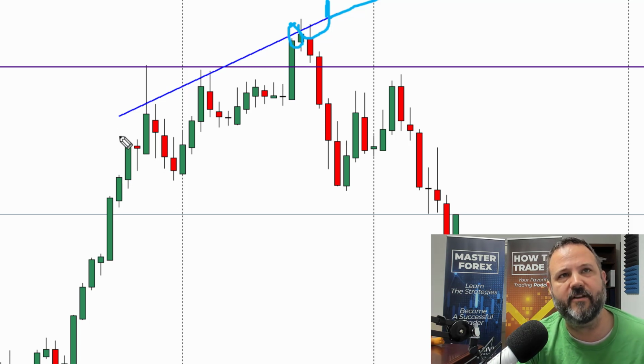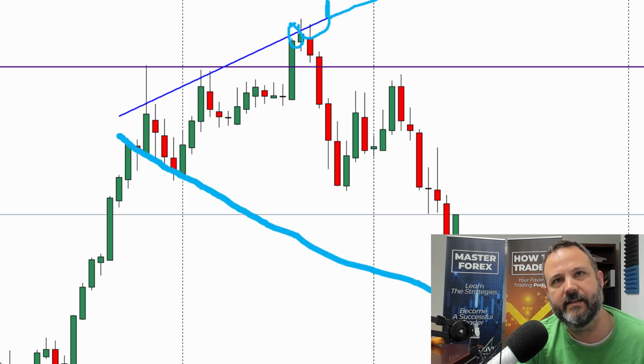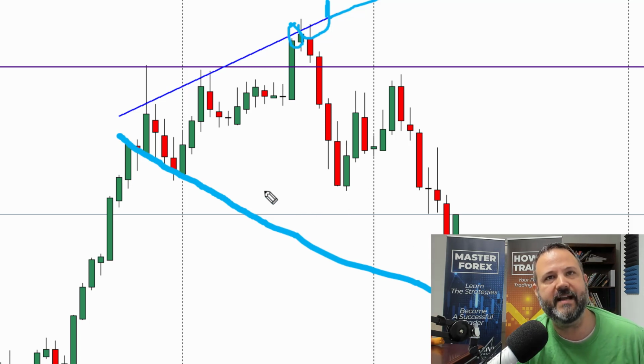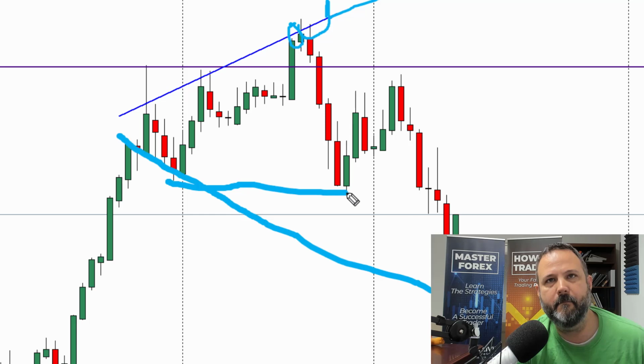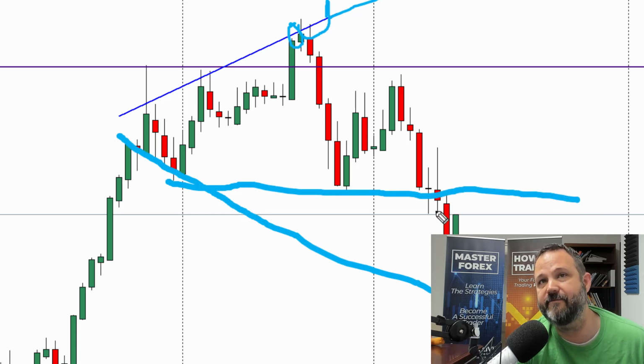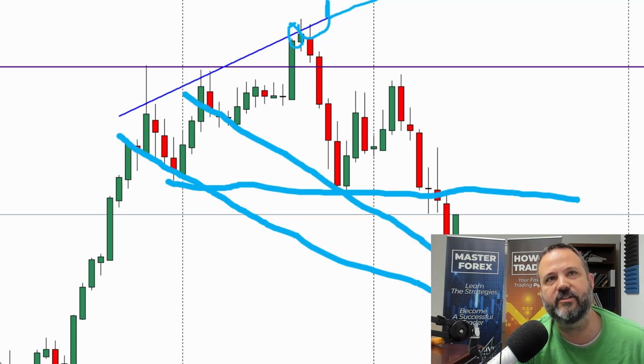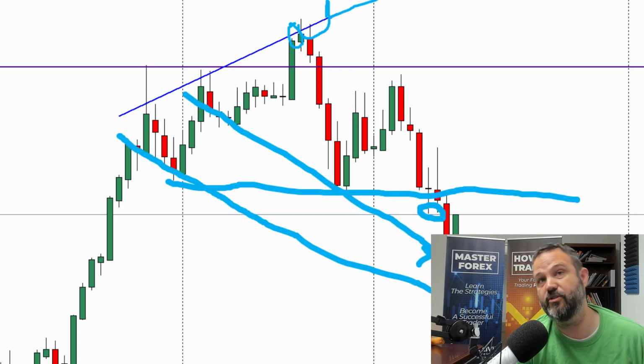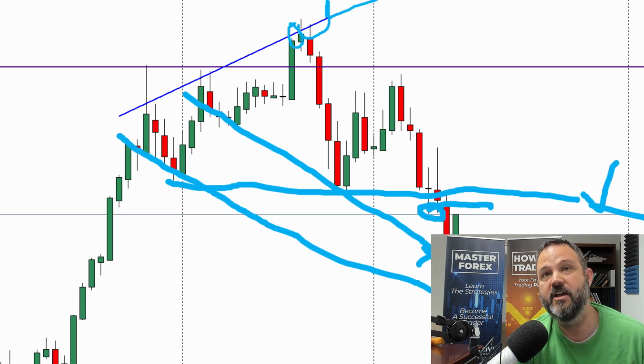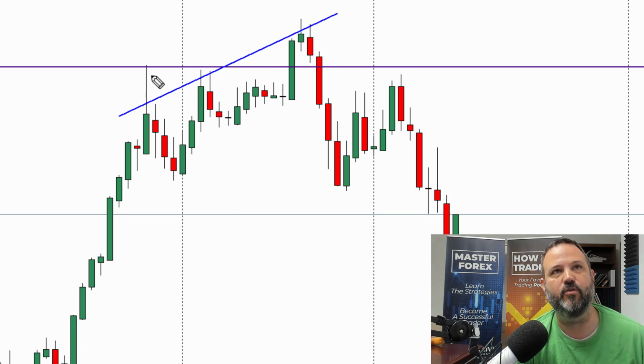Okay, so now let's look at the downside. So we have this line right here. Now, if we're trading, let's say we have a breakout right here, we can see that we did get a breakout and we might have taken this trade. And the exact same thing on the downside. And you could draw this a little differently here as well, right? So it depends on how you draw it. But either way, if you see this on the downside, you've got the horizontal break, you've got the megaphone, and now you're getting a bounce. So two things. Number one, if you trade that horizontal breakout, you know where to take profit. Or you wait for the bottom of the megaphone to break to take the trade, a much better trade. Now, another thing that you can do, though,